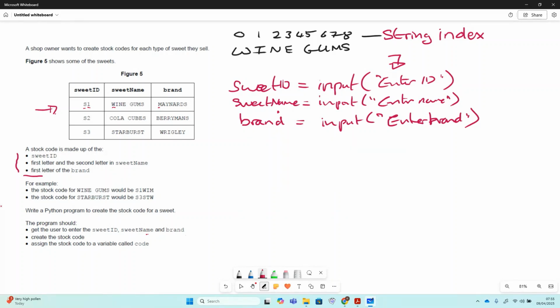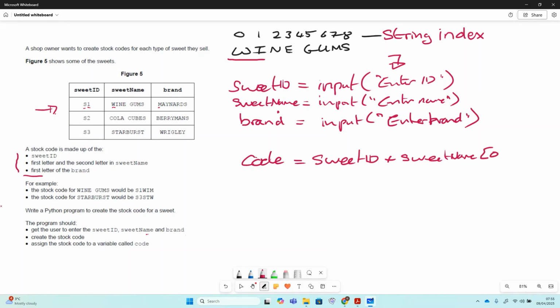We've got one called suite ID, one called suite name, one called brand, and we need to get the whole of suite ID. So is this going to be called code? I think it is, isn't it? So code equals suite ID, and then we want to concatenate that with just the first two letters of suite name. There's a couple of ways of doing that, but I guess the easy way is just to say plus suite name,